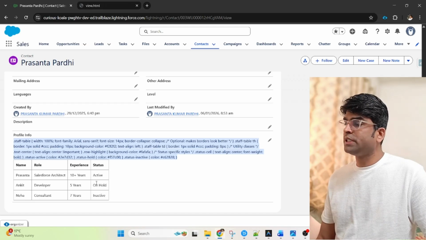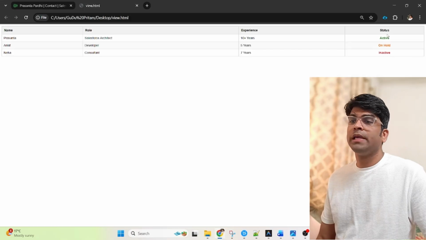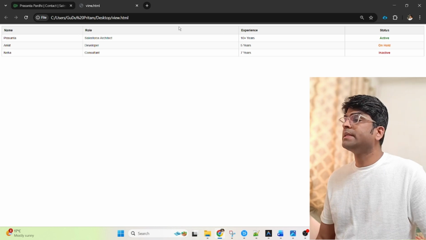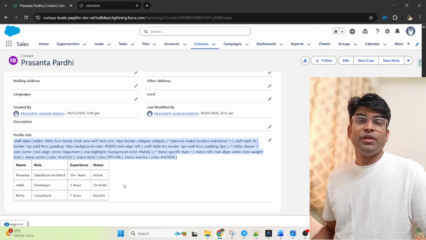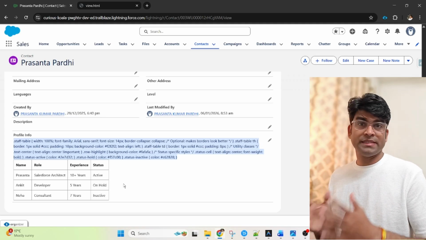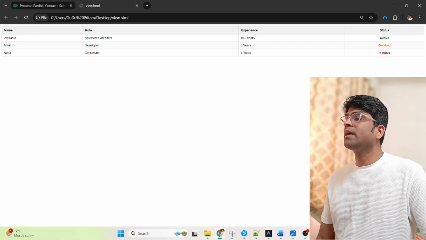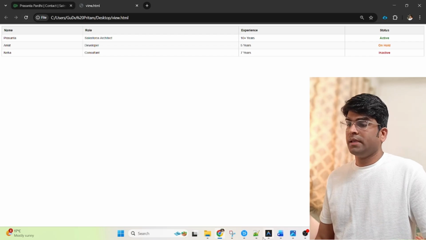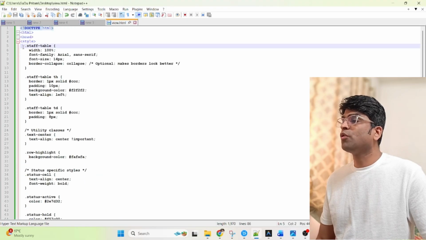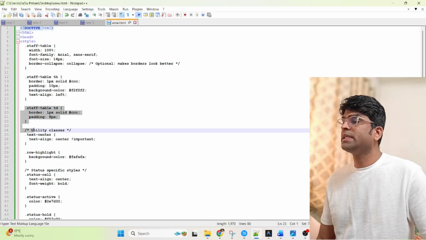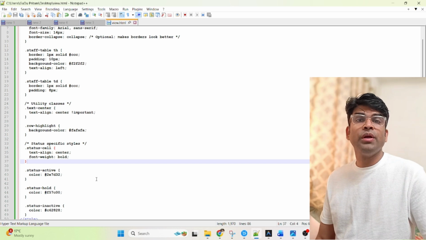That means you see the formatting: this status was color coded before, and here you'll see it color coded. This table was a little formatted, but here it is not showing like that. So what can we do to make it similar in look and feel to this table? We can convert this external CSS. You will see here we have used so many CSS classes, and that's why it is not able to read and interpret. So what we'll do is convert it to